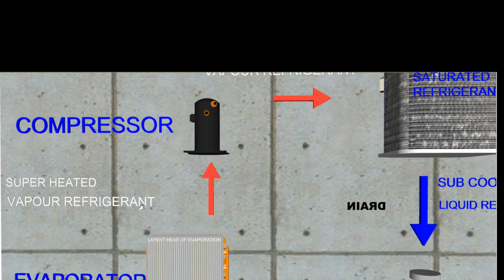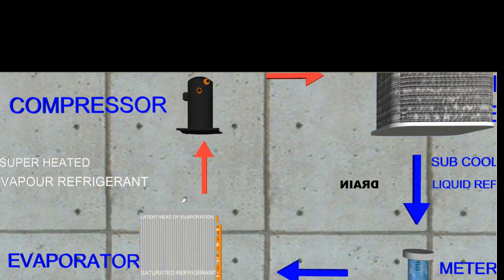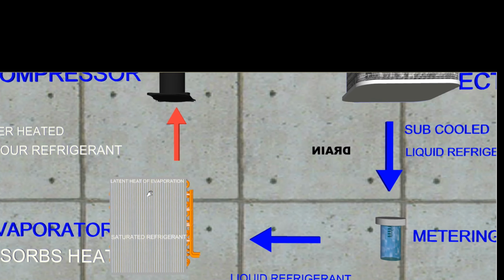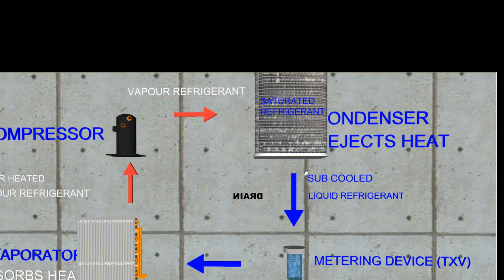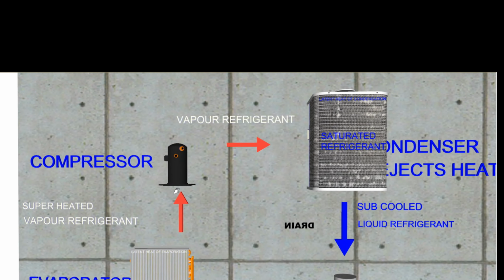It's a superheated vapor, usually 10 to 14 degrees difference from coming in and out. So if it was 40 degrees here, the refrigerant, it would be about 50 to 54 degrees here, a 10 to 14 degree difference. That difference is usually told right on the compressor. It will say the degrees of difference that you want for the superheated refrigerant. Then it comes out. It could end up here as around 65 degrees under normal summer conditions, but then when it goes into the